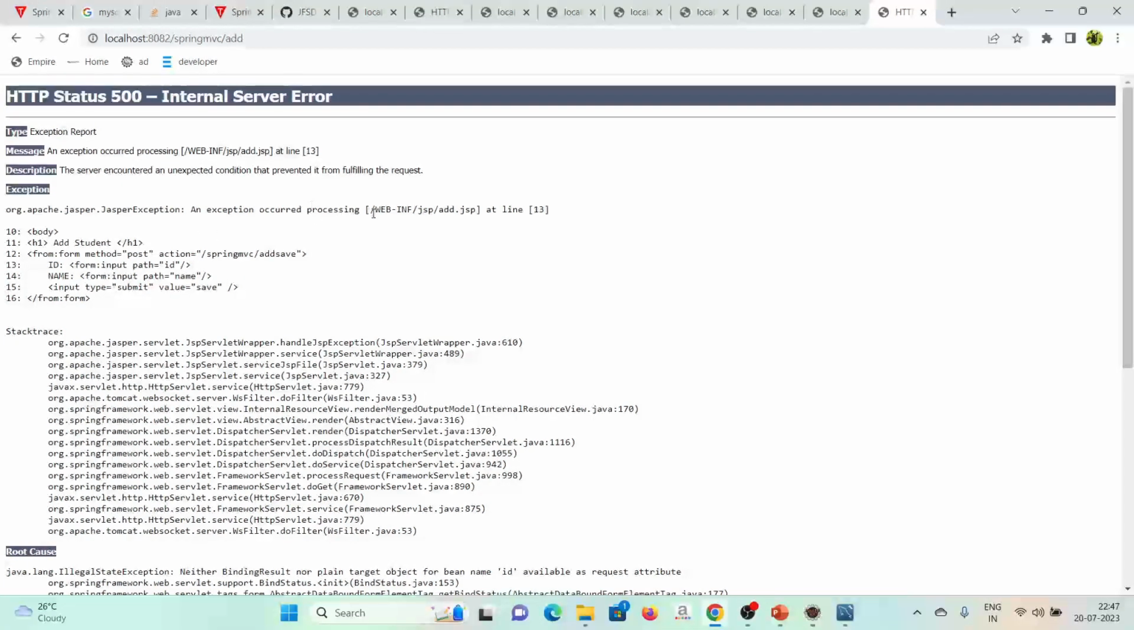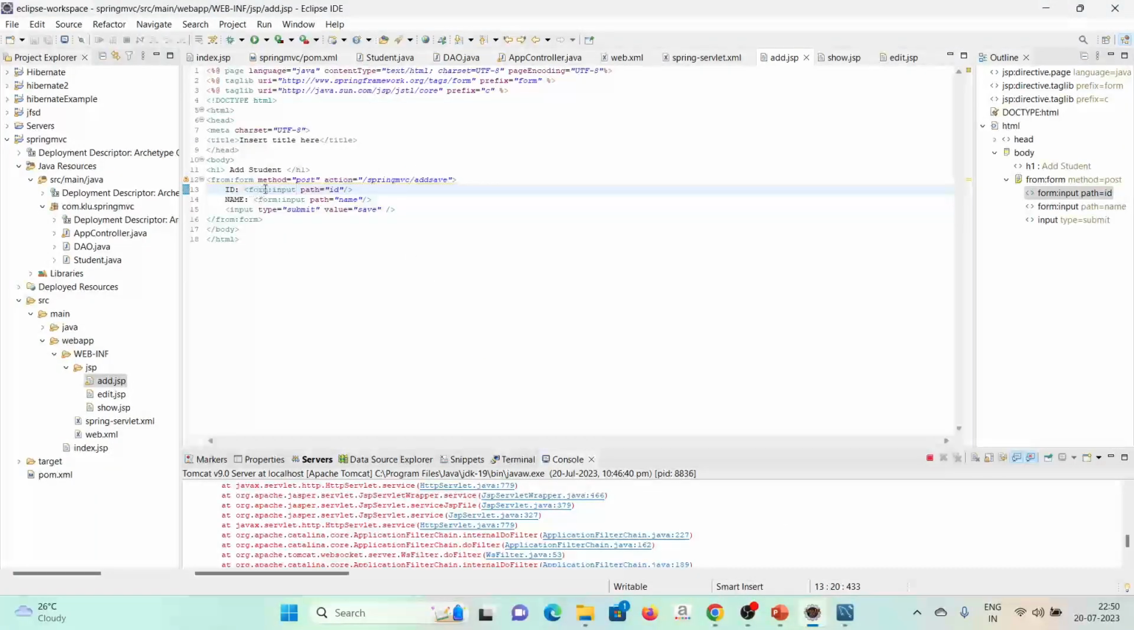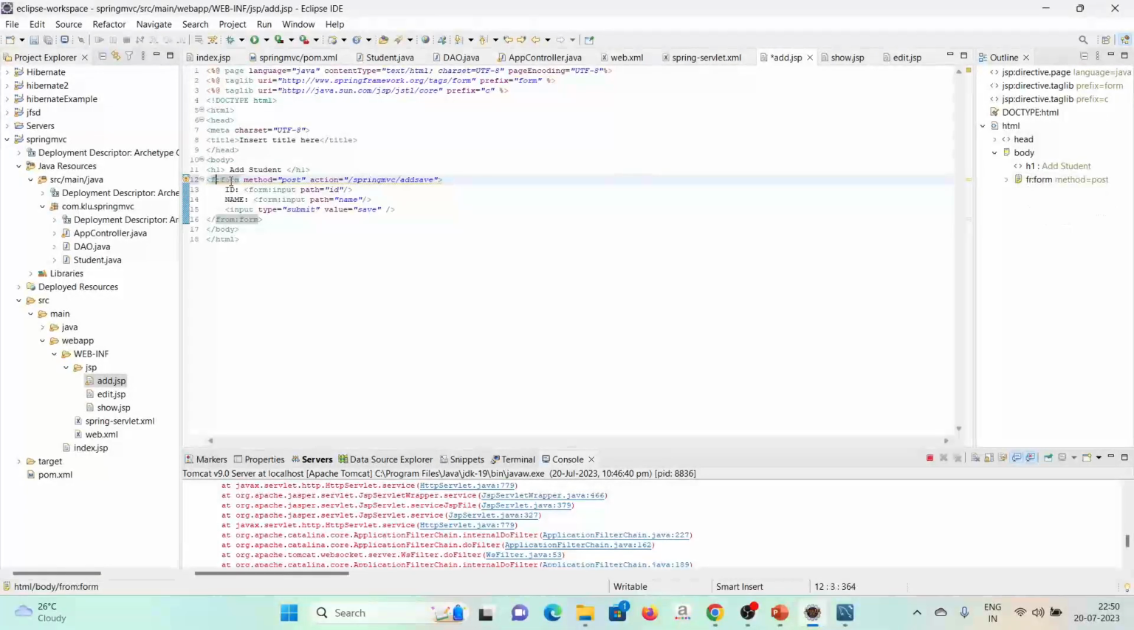Then we landed up with a different sort of error here. The error states that line number 13, that is the ID value which we are getting. We can note in line number 12, instead of FORM I had typed FROM. So we will go to the IDE. Here line number 12 needs to be corrected with FORM, form. Okay,